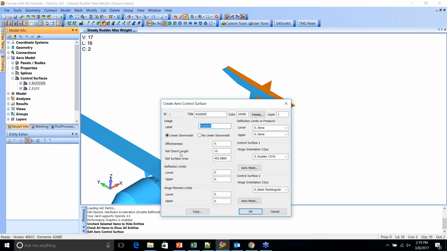In terms of adding these parameters, a reference chord length and a reference surface area, these are really just important if you want to recover your hinge moment coefficient. So if that's not something you need to know, don't worry about it. You can leave them blank. Last but not least,